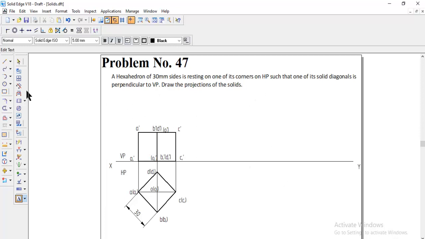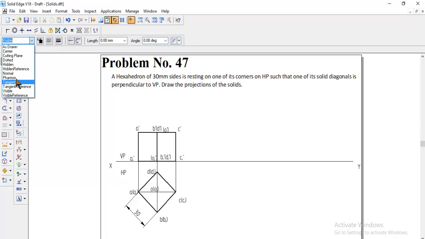Okay, the first step is finished. And next, coming to that, here they have given the solid diagonal. The solid diagonal is perpendicular to VP. The solid diagonal means from the top corner to the bottom corner, the diagonal line we draw. These are the face diagonals, within the face we are drawing this, and the solid diagonal means from top corner to bottom corner. Any one we can take. And here we can take the corner which is resting. No, apart from that we need to take another corner diagonal.